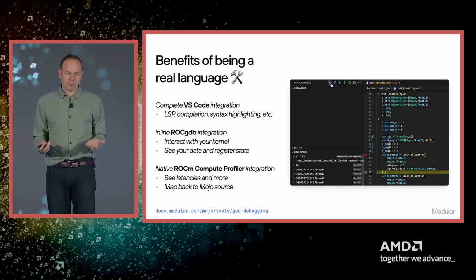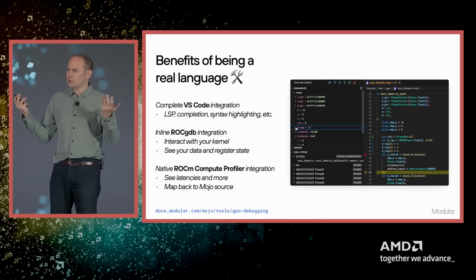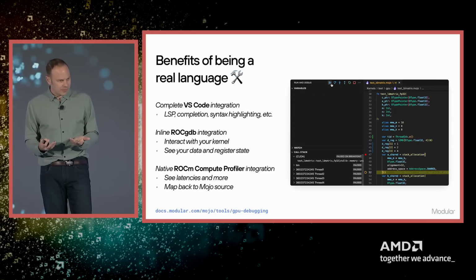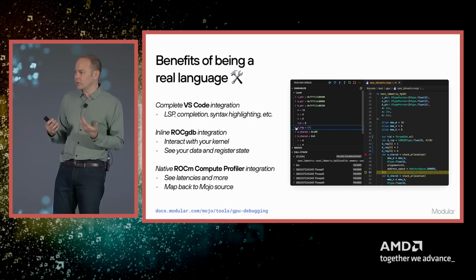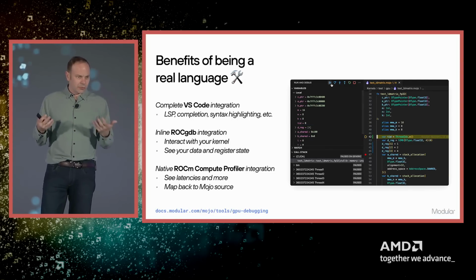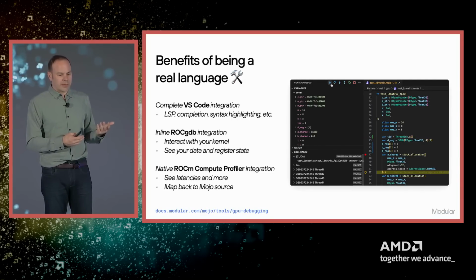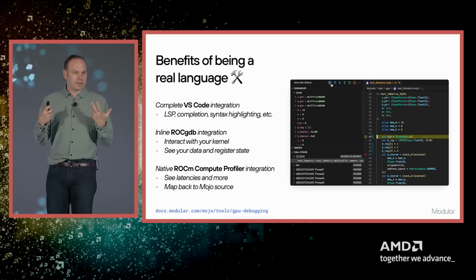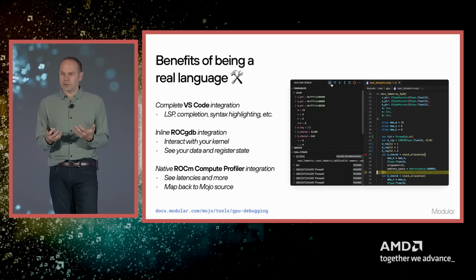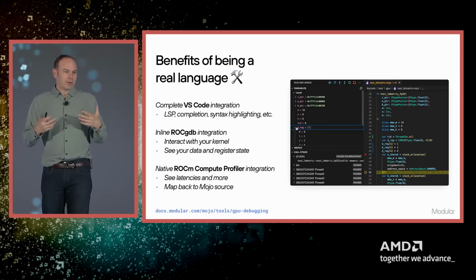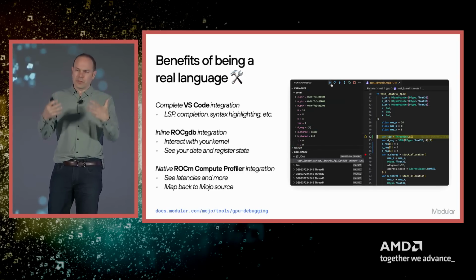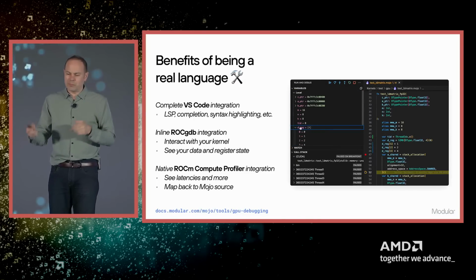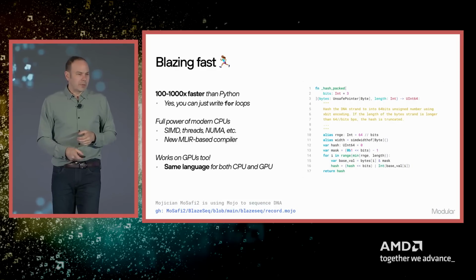Now, I talked about this a little bit before. Why build a new language? Well, it's all about tools. It's about developer experience. It's about productivity. It's about being able to move fast, which is something that everybody in AI really needs, and that's what we're all struggling to do. And so, yes, we get integrated debugger experiences. We get profilers. We get amazing LSP integration with your editor and things like this, because as a language, these tools know about the language. And that's something that's very different from something that looks like Python, but it's actually just kind of embedded into it.